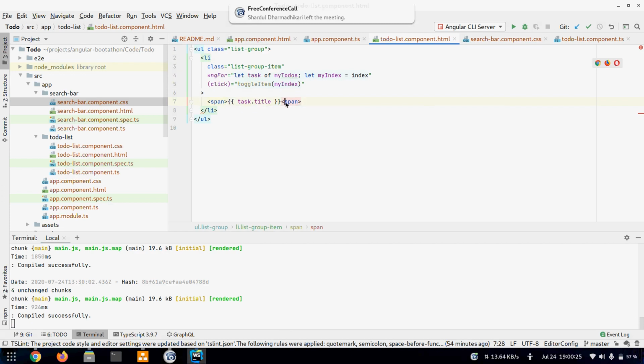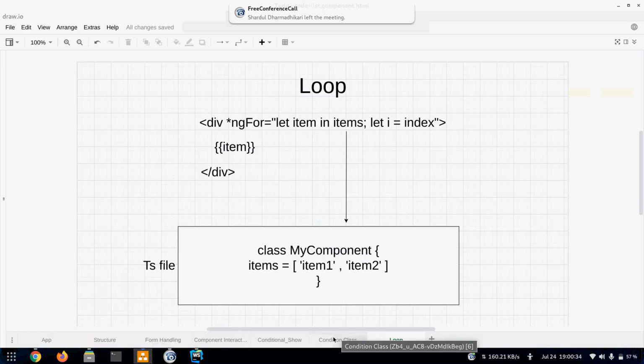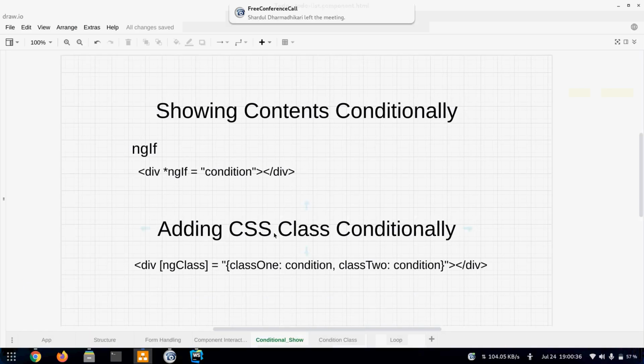So now we have to see how we can apply the CSS class conditionally. To apply the class conditionally, we use a syntax called ngClass, and we wrap it inside square brackets, and we pass it an object.